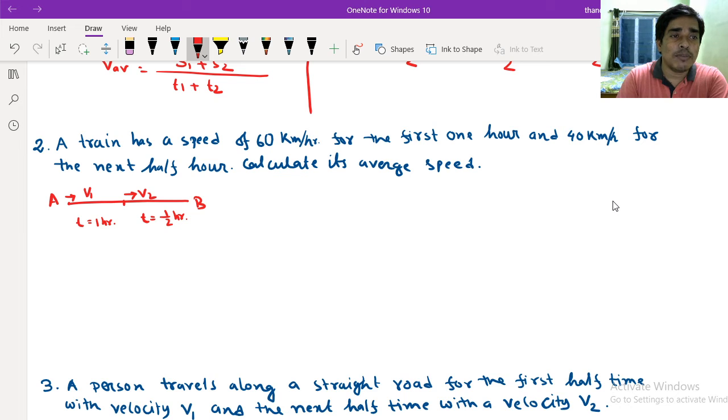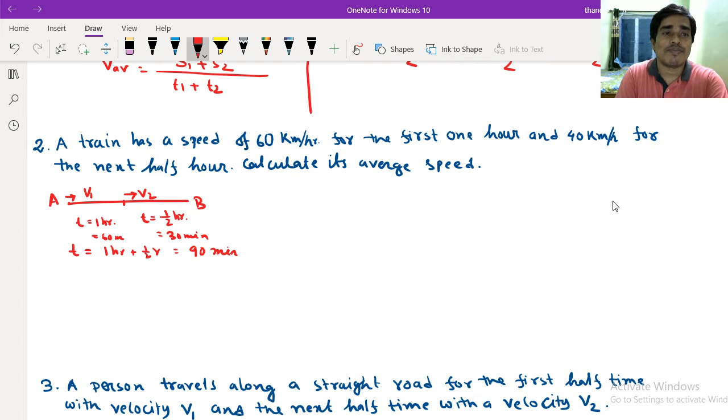So average speed, the total time will be 1 hour plus half hour. That means 60 and 30, that means 90 minutes. So 1 hour means 60 minutes, and here is 30 minutes. So for average speed it will be